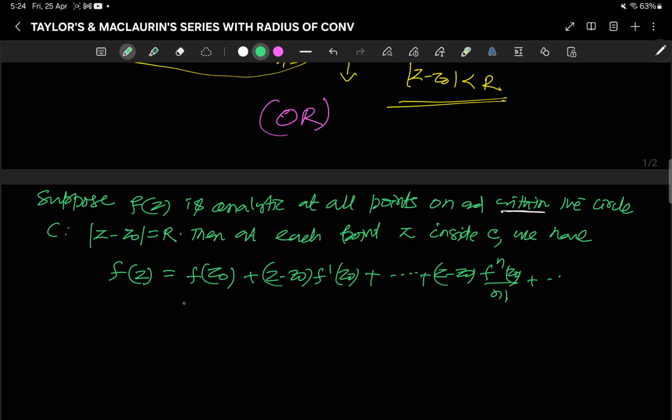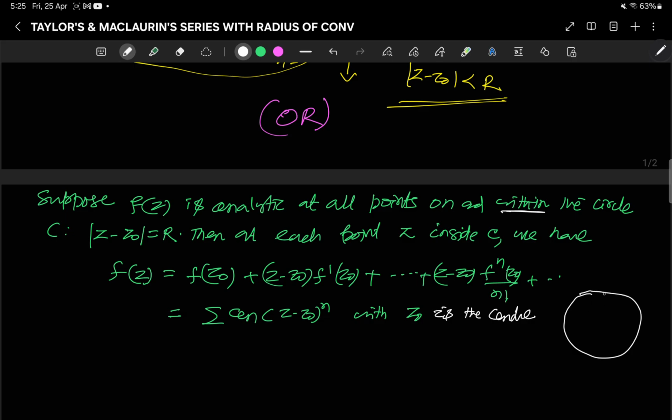Or I can write it as the summation of a_n (z - z0)^n, with z0 in C. z0 is the center, right? This is the circle of convergence here, this is C and this is